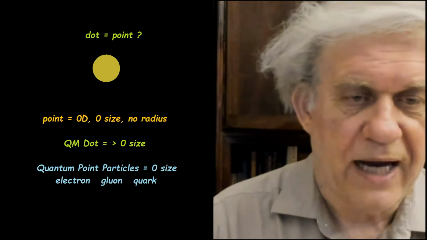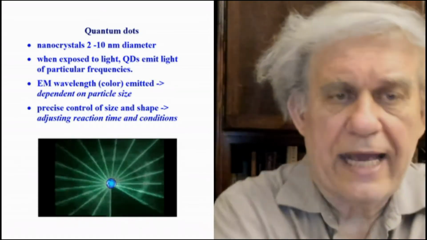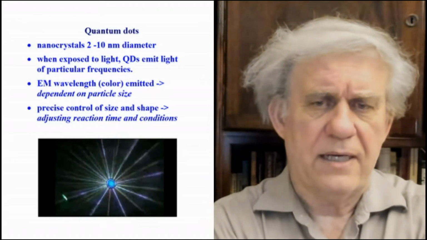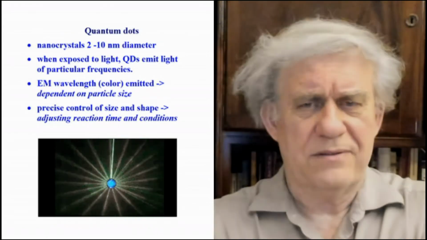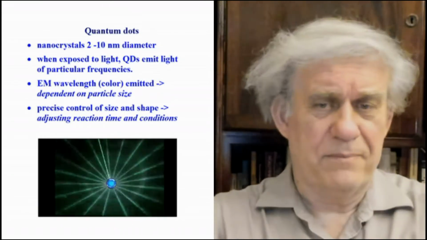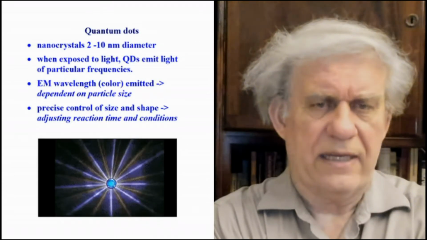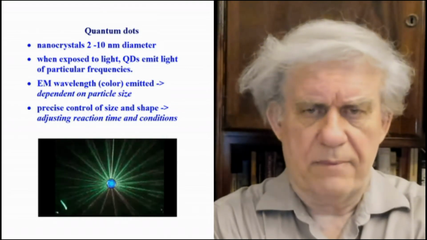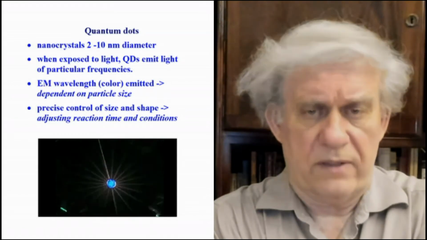So what is a quantum dot? Here it is. Okay, here's your quantum dot. It looks something like that. Quantum dots are nanocrystals, 2 to 10 nanometers in diameter. You get a centimeter, millimeters, you get smaller and smaller to micrometers, and finally at the 9th decimal point, you get the nanometer. So it's a very small thing, anywhere from 2 to 10 nanometers in diameter. Okay, so what are we talking about? This is not zero size, obviously. Okay, and so they're saying we got something there.